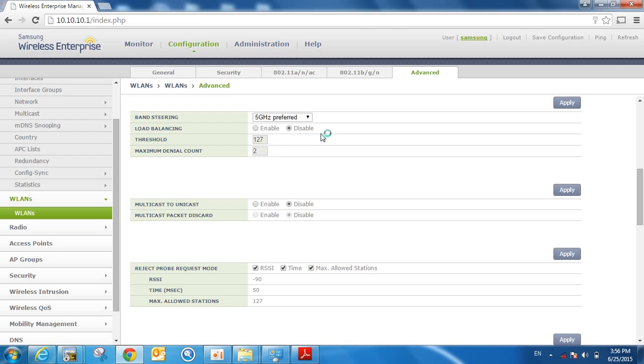Load balancing, there is a separate video just dedicated to how APs do load balancing, so I'm not going to talk about it here. The threshold value is 127 per radio, so that's 127 stations per radio. But in actuality, when you start talking about a hybrid kind of environment, this number is just a number. At the end of the day, you have to look at,